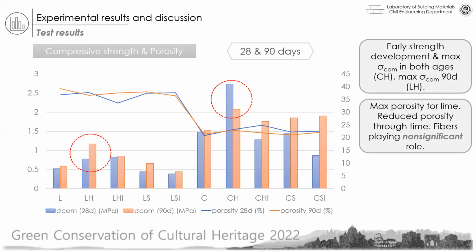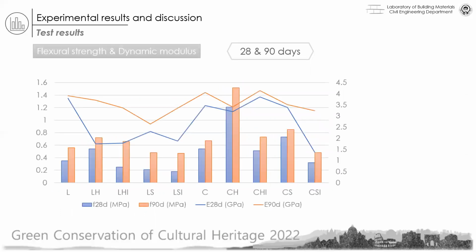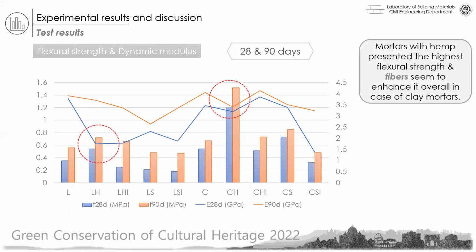Moreover, it is noted that the use of fibers seems to not play a significant role in terms of compressive strength for lime mortars or porosity. Lime mortars presented the greatest porosity, while porosity values were reduced through time. In terms of flexural strength and dynamic modulus, the mortars with hemp presented the highest flexural strength with both binders used,